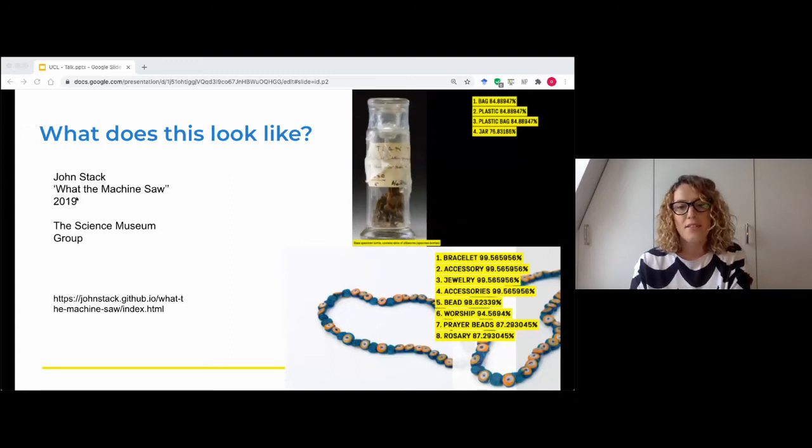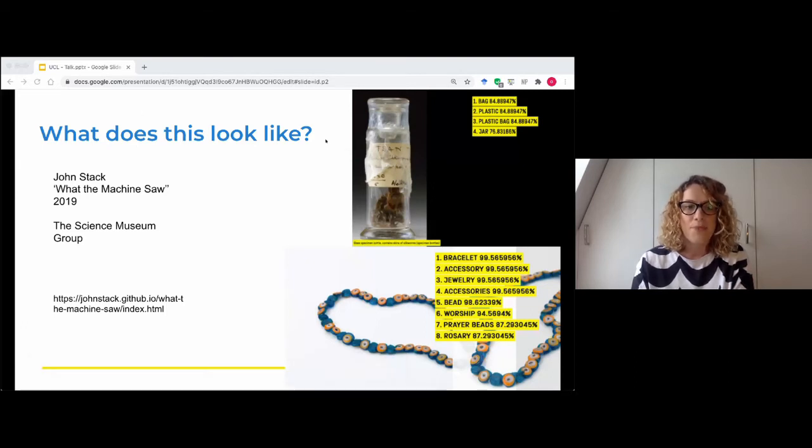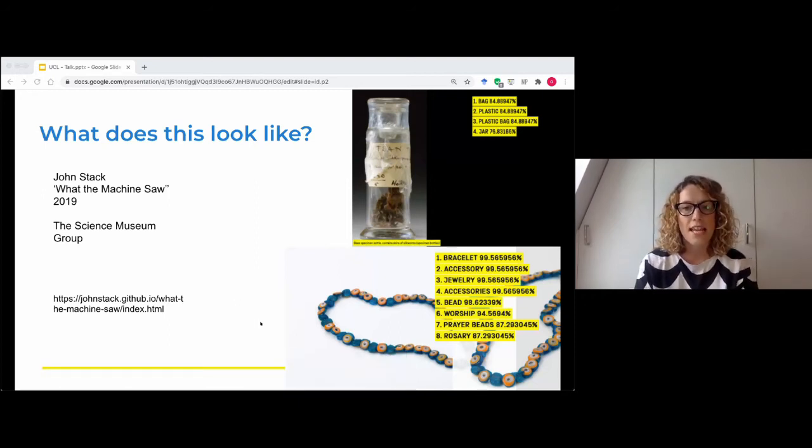But as I said, not all of this is visitor facing, and some of it exists behind the scenes. The Science Museum has been engaging with and exploring different approaches to using machine vision technologies to help create more metadata on their online collections to make it more searchable and usable by visitors and researchers. In doing that, John Stack has developed a tool that allows members of the public, so the link is there, to click through the museum's collection database and see what a number of machine vision tools see alongside their degree